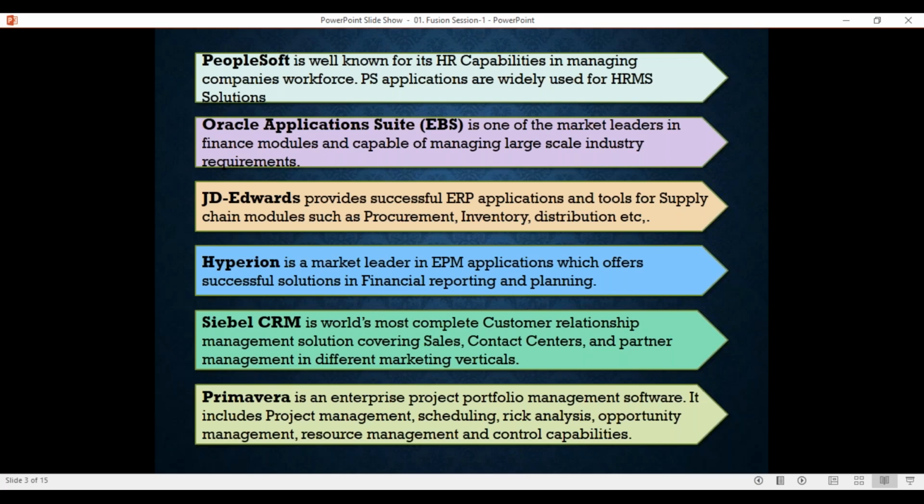Likewise, if you take a look at JD Edwards, though they provide solutions in all the other areas of ERP, like financials and HRMS, JD Edwards is well known for its solutions and expertise in supply chain management, especially in modules like purchasing, order management, inventory, bills of material, and work in progress. JD Edwards dominates the market because of its ability to provide the best solution in that respective area. Likewise, Siebel CRM is widely used for CRM solutions in the market, and this is one of the major CRM tools